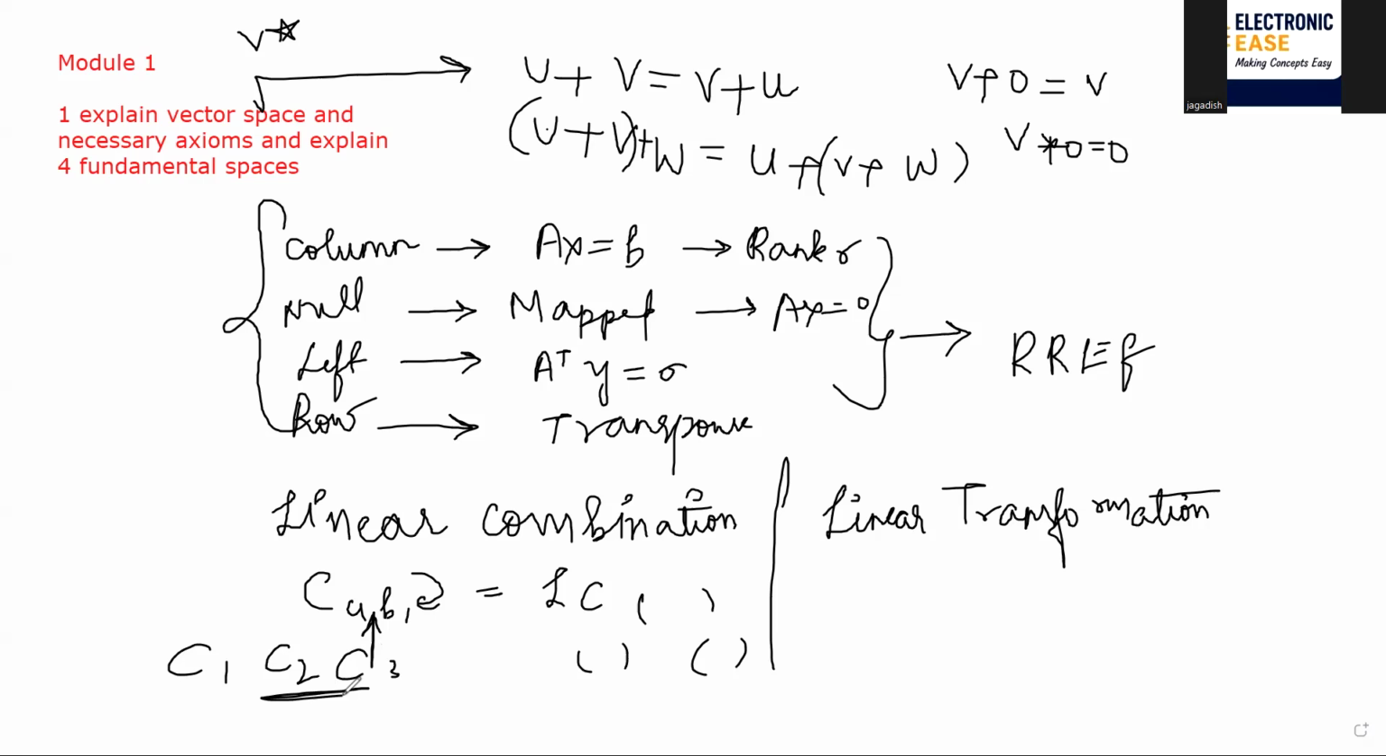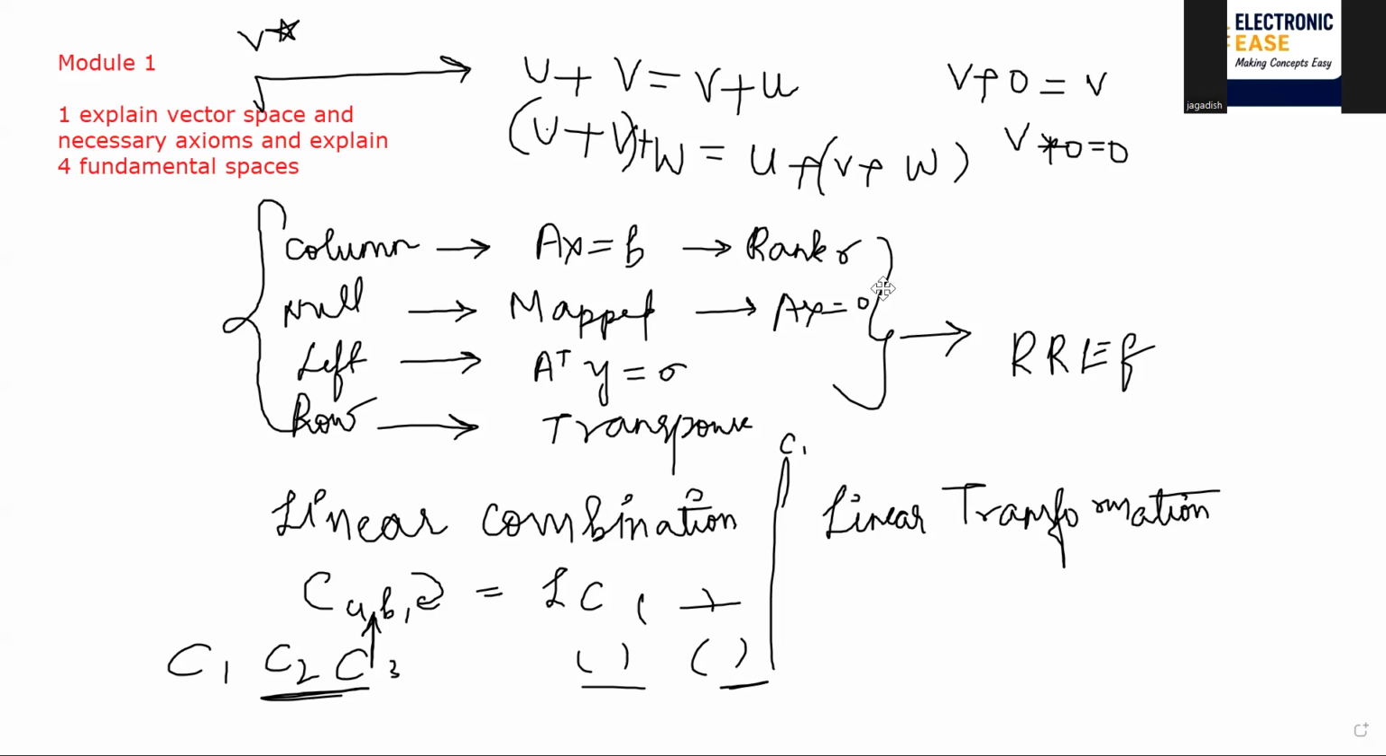So row reduced echelon form, whatever the vectors they have given to you, and you need to find out the C1, C2, C3 values. I have taught this in the class correctly, so refer to the recorded classes. Those who have referred will definitely do the